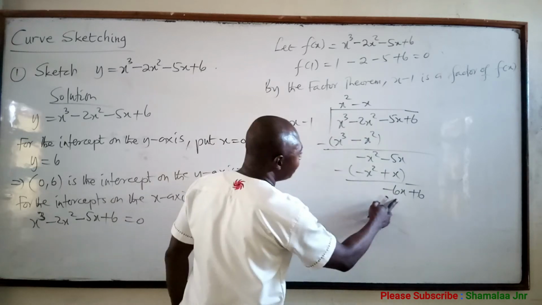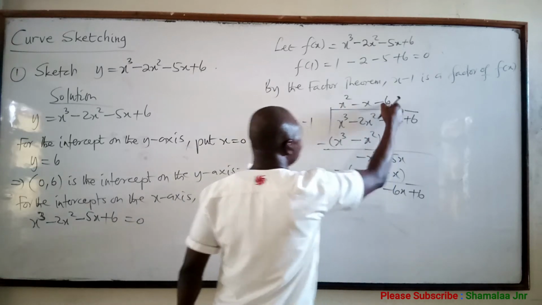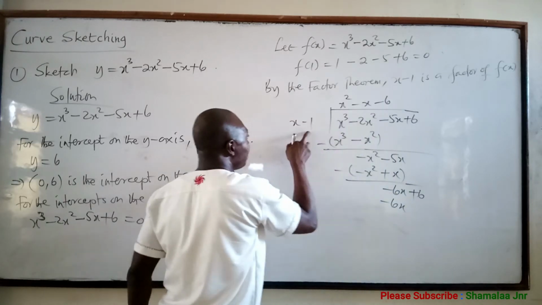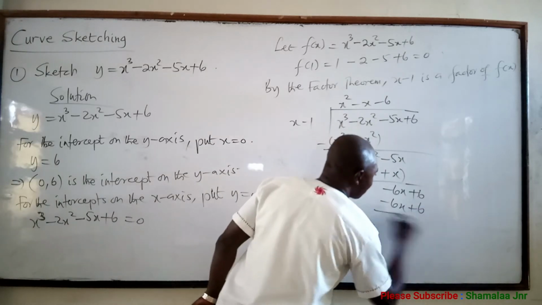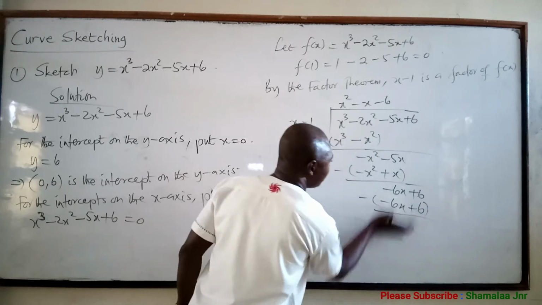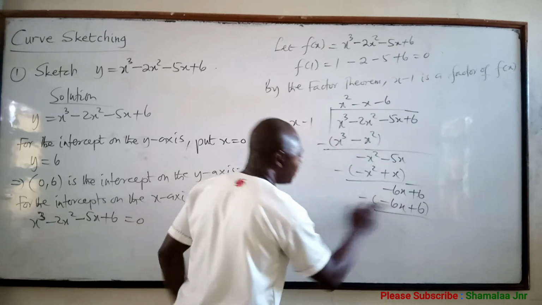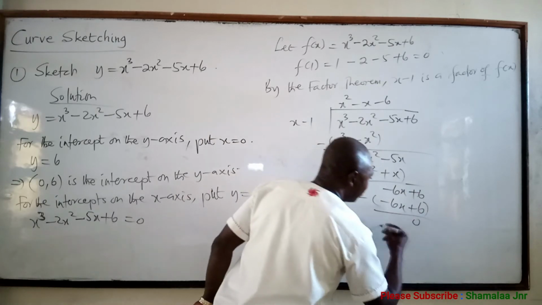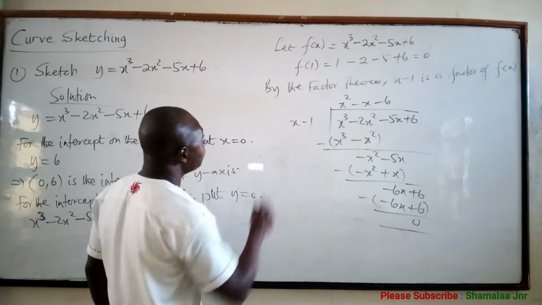x goes into negative 6x, negative 6. Negative 6 times x is negative 6x. Negative 6 times negative 1 is positive 6. So when you subtract this from this, negative 6x minus 6x, 0. 6 minus plus 6 will go to 0. So what this means is that,